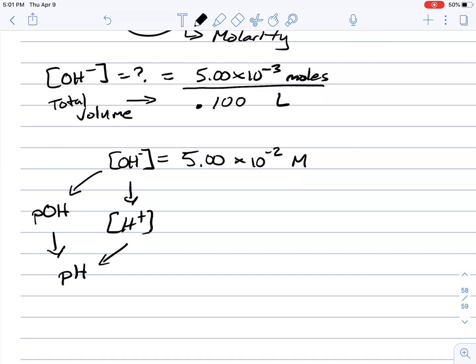So either path will get you to the right answer. I'm just going to go ahead and choose this path just because I can press negative log very quickly into my calculator. So negative log of my answer, it's going to give me a pOH